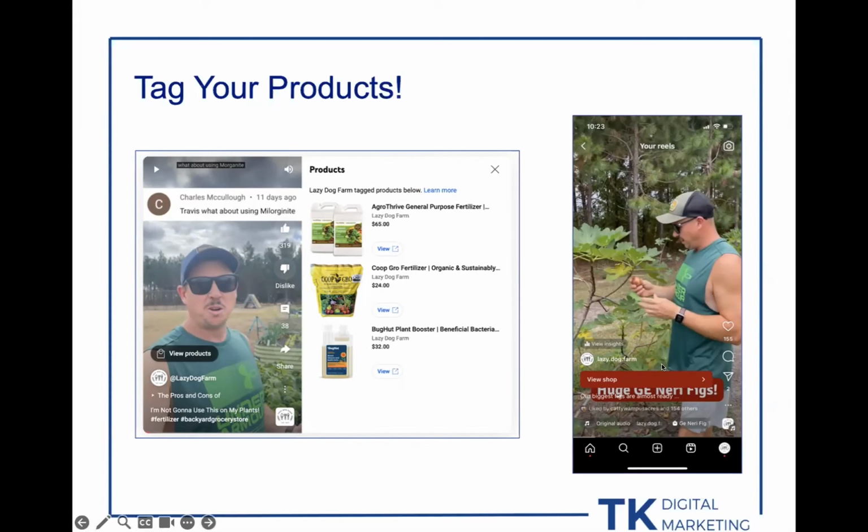A lot of times they give you the option, people can buy directly off Facebook, or you can have it send them to your website, which is what I do. So this lets people know, hey, this product I'm talking about here, we sell this. You can go to our website and buy it. This works really, really well. If you're selling stuff online, this is even more reason to be doing short form video.